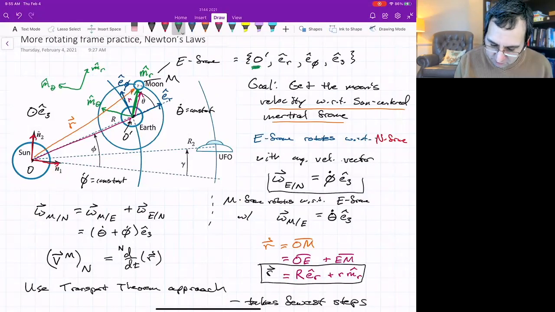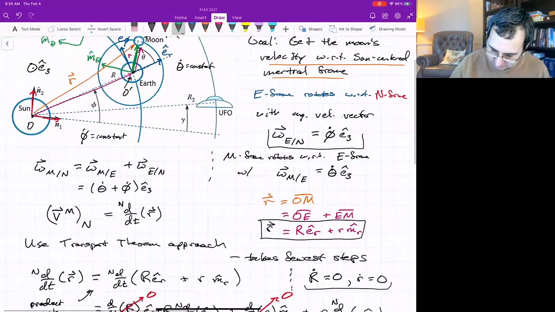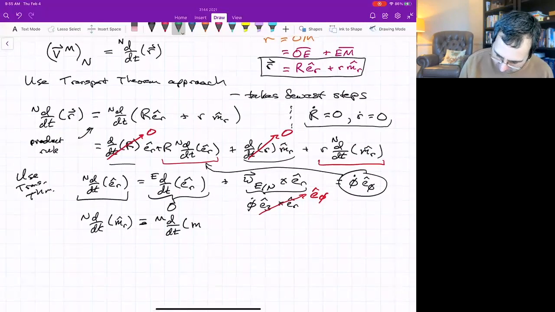The only reason to think of the E frame as attached to an origin is to use the book's formula, equation 1.29, for that 3-part velocity formula, and then the 5-part acceleration formula. But technically, for the transport theorem, you don't need an origin for the frames. The frames are just the triad of unit vectors. And so plugging and chugging into here,